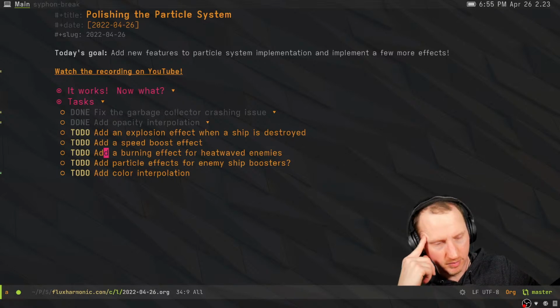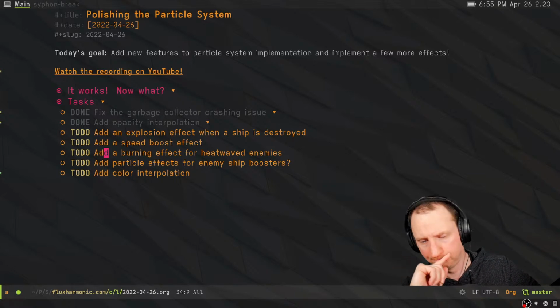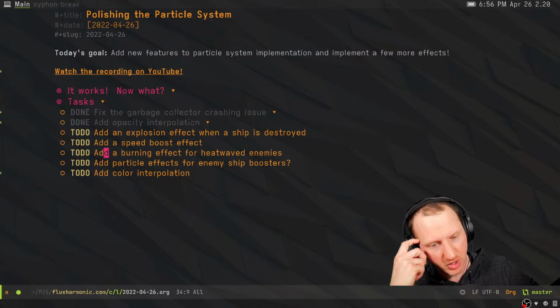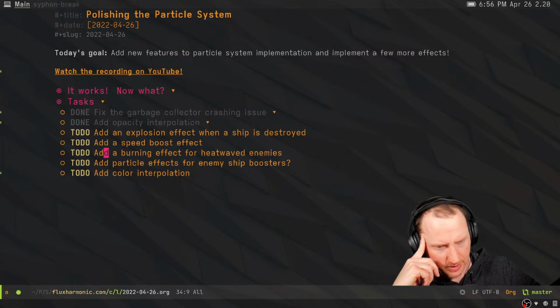Well, there could be one. That would be kind of weird if they all had the same particles, if I reuse the same particle effect on all of the burning ships. Okay, so